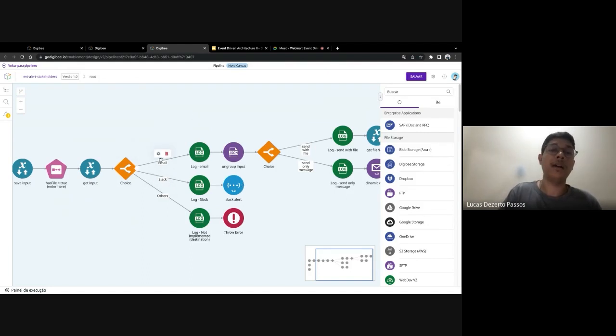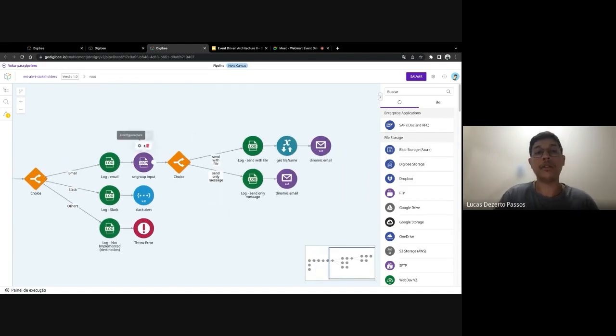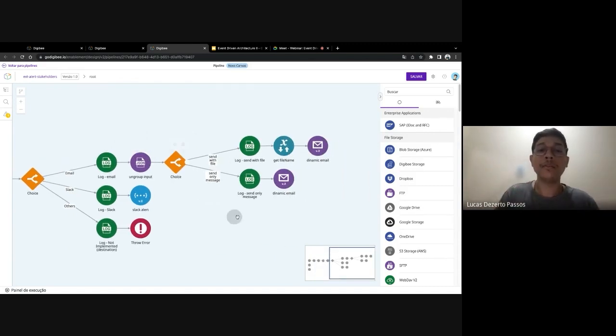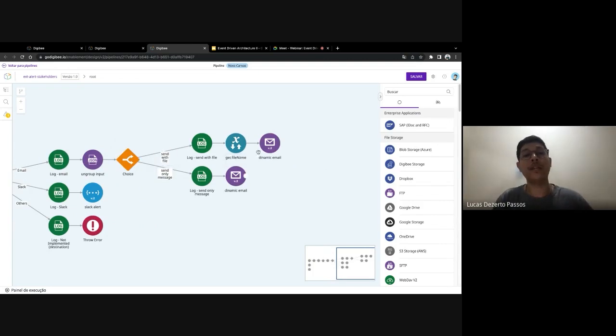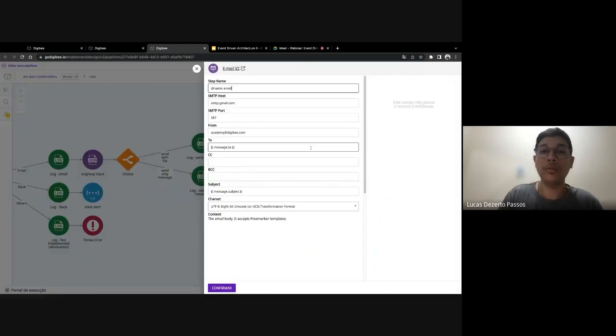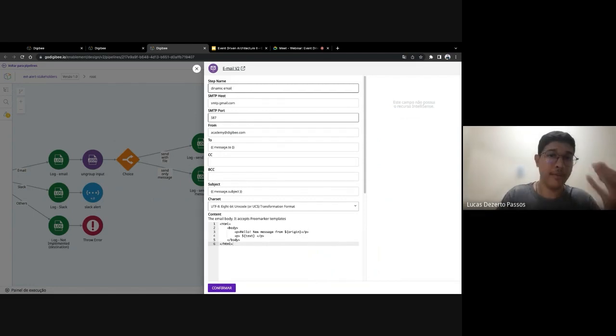If the choice is an email, it will ungroup the inputs and turn them into a whole message, and we'll choose here if we'll send with the file attached or only the message. In case of a file, we'll pick the file name and send a dynamic email to our stakeholder with our body, our subject, and the file attached that we downloaded from the Google Drive folder.